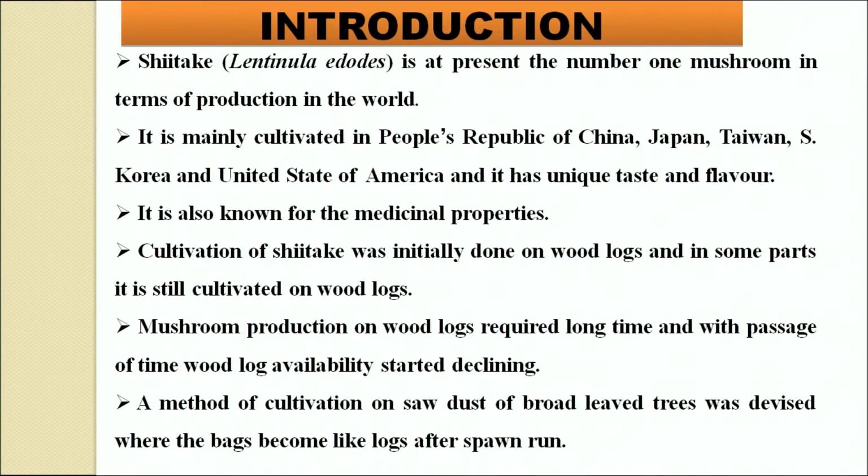This mushroom is number 1 in the world in terms of production, and why has it become number 1? Because people have started eating this mushroom, they have liked it. Some 40-50 years back, button mushroom used to be number 1 in the world, but now Shiitake has become number 1 because it has a lot of medicinal properties and is a very tasty mushroom, and